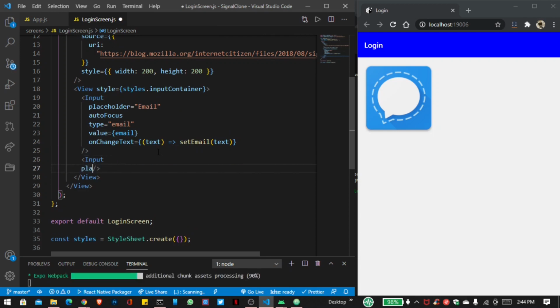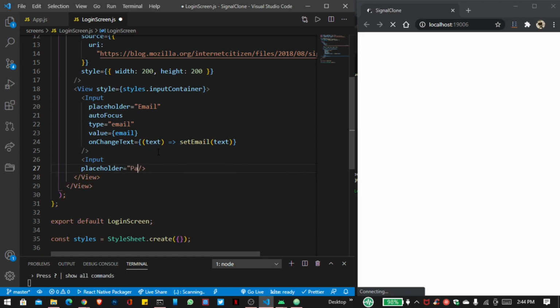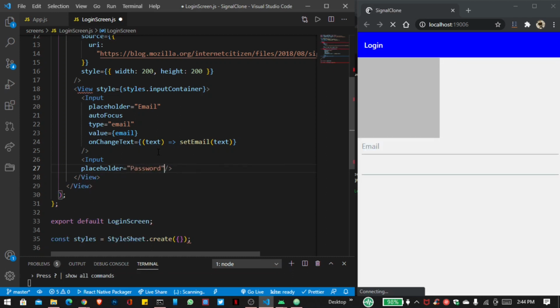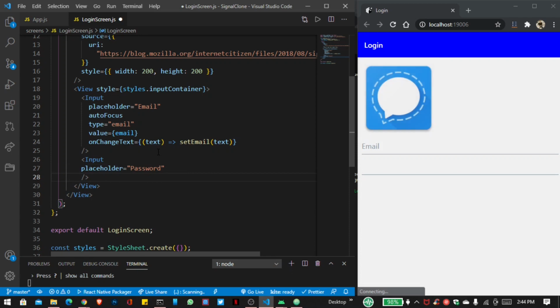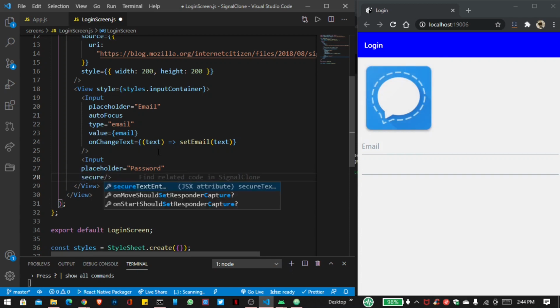and here this is the second input for our password. So I write here placeholder, that is password, and this is the secure text entry. So I don't want to show the password,